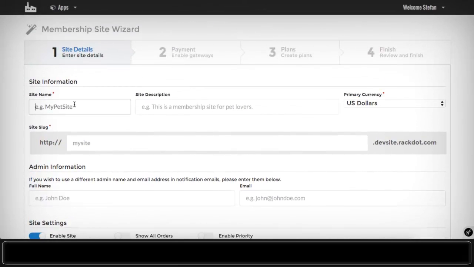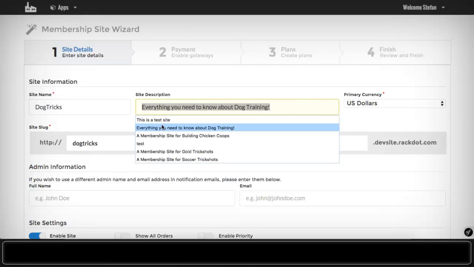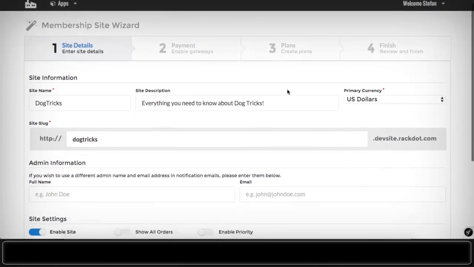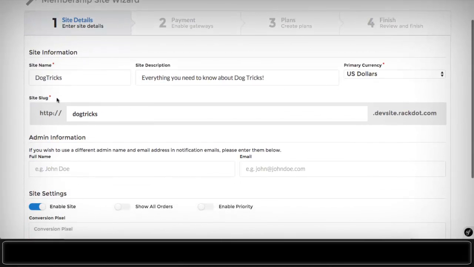Right here we are going to go with a membership name. So for instance, if we're going to build a dog trick website, dog tricks, beautiful, everything you need to know about dog training, dog tricks. Let's leave the primary currency on US dollars for now. This is the site slug. I'm currently